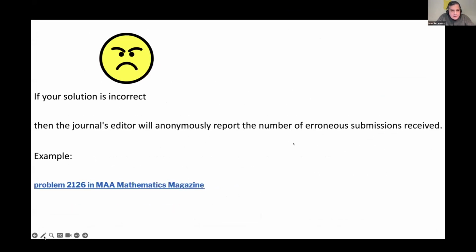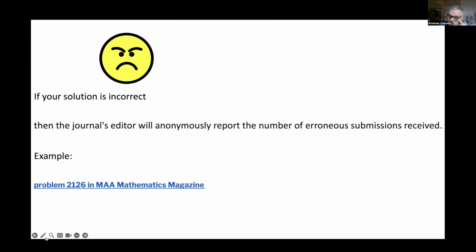The one that is associated with this frown face. You submit a solution and your solution turns out to be incorrect or partially incorrect, but you know mathematics is an exact science, partially incorrect is basically incorrect. So in that case, the journal's editor will anonymously report the number of erroneous submissions received, right? It is not that they're going to put your name there, they will just put it anonymously within a